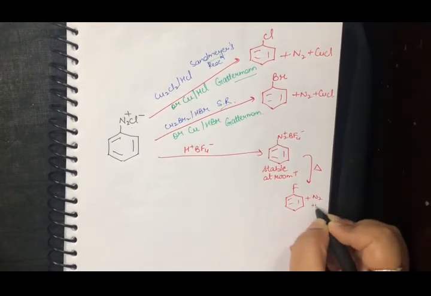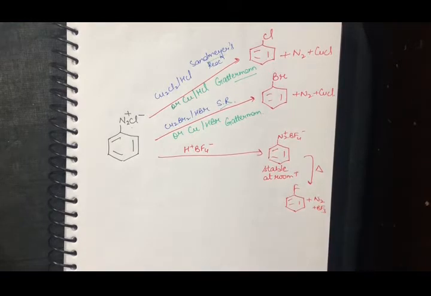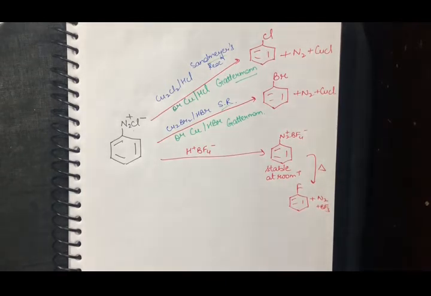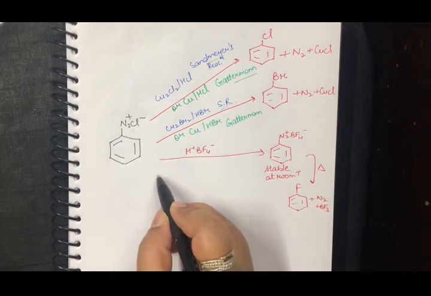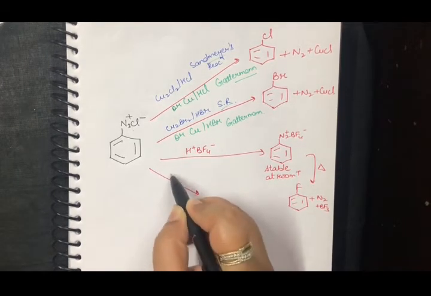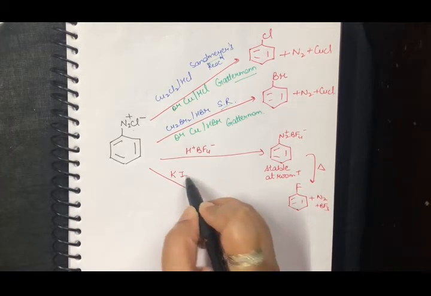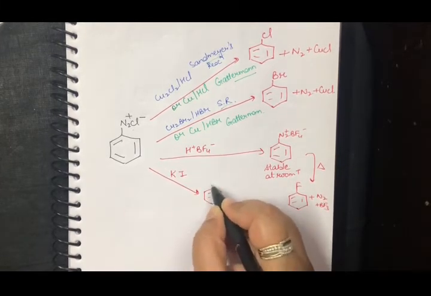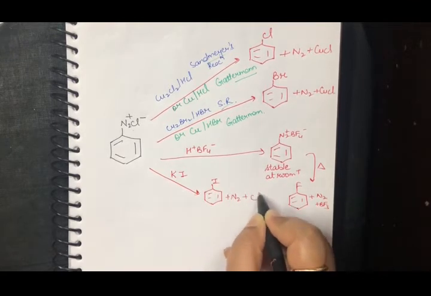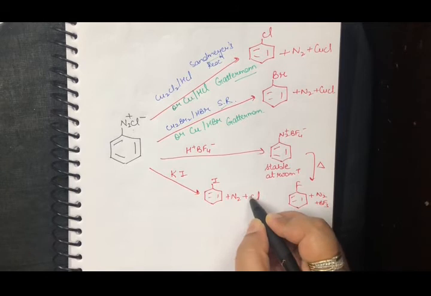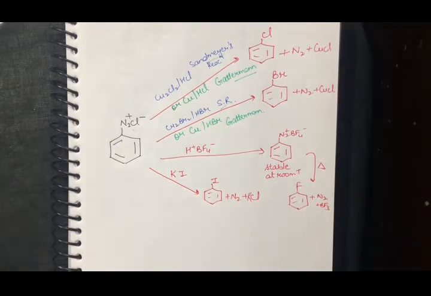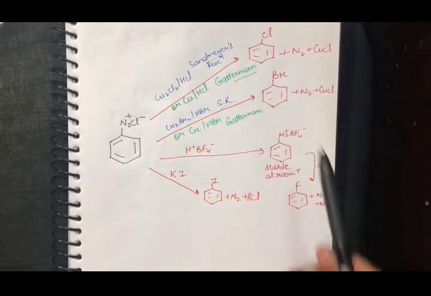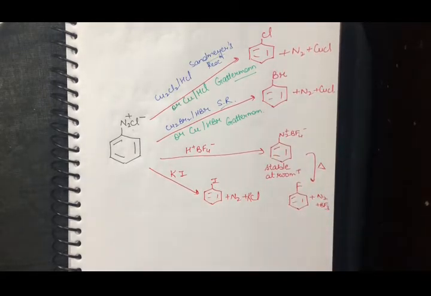As you have done in haloalkanes and haloarenes, fluoroalkanes are very difficult to be prepared. There you have done few specific reactions which are responsible for the preparation of fluoroalkanes. Otherwise, you cannot prepare it with the general other reactions that you have. So this is another reaction. Now if you have to prepare iodobenzene, right? There is one very good way. Directly add KI and it will give you iodobenzene along with N2 plus KCl. Now, you have prepared chlorobenzene, bromobenzene, fluorobenzene, iodobenzene. All types of haloalkanes have been formed.